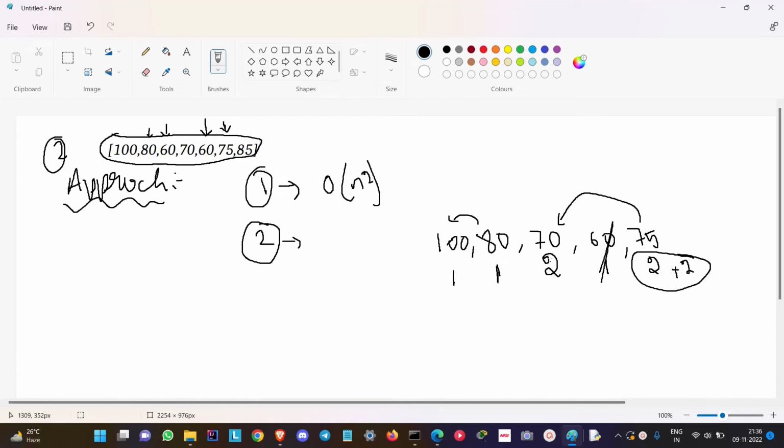You can clearly see that the elements, that is the prices before these 70, which are 2, the stock span, all the days included in the stock span will be less than or equal to 70, right? So 70 itself is less than or equal to 75. So we can clearly see that the number of days to be included for the stock span of 75 will be adding 2 to it. So 70 along with 60. So this is stored as 2 here. So we'll be adding it to the current